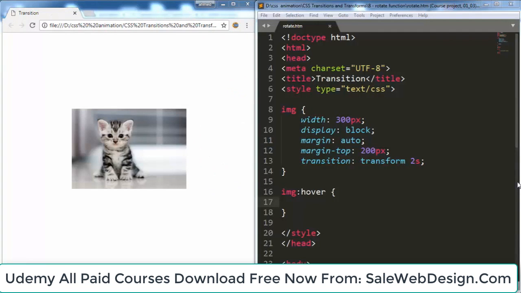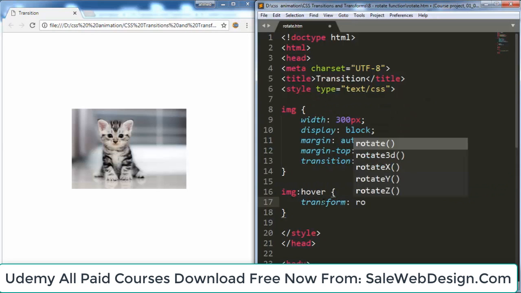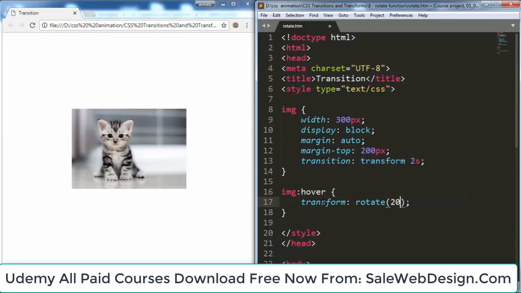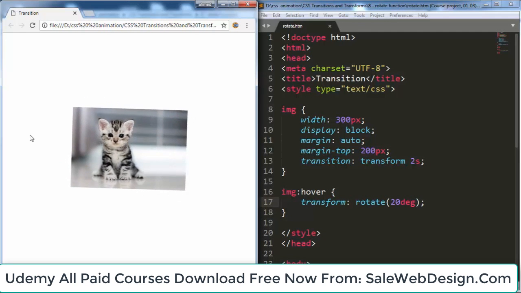So the rotate function accepts one value, which is the angle, or the number of degrees, you want to rotate the element by, followed by DEG for degrees. So let's actually try rotating our image. I'll go right here and add transform, rotate, and let's say 20 degrees. So what this will do is it'll rotate the image 20 degrees clockwise. So when I go to the browser and hover over the image, you can see it's rotating clockwise by 20